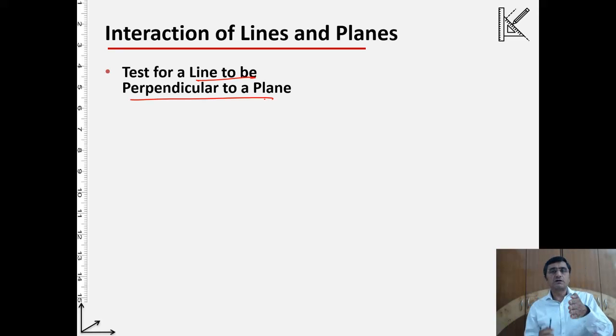Let us say for this plane, somehow I determine its edge view, and we know how for a plane I can determine the edge view. So edge view means a line, and if this particular line, the black line here, is perpendicular to the edge view, that means it is perpendicular to the plane. So that is another way we can handle this problem. For this line, we will project it onto the plane where the edge view is projected, and check it. So by different methods we can solve the problem.